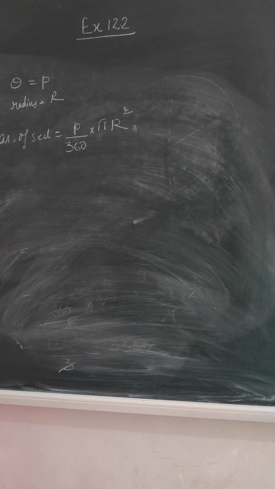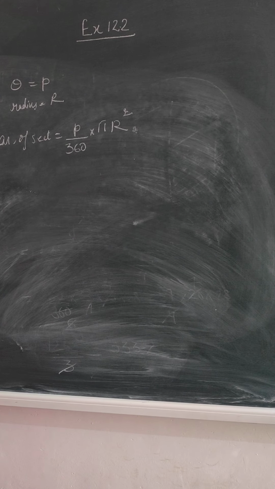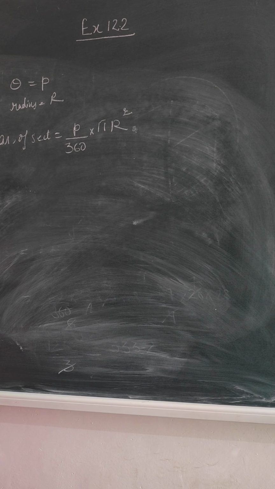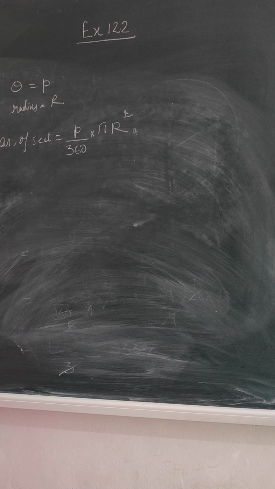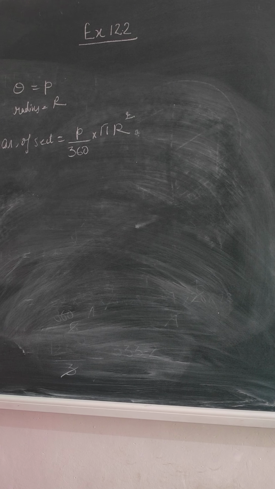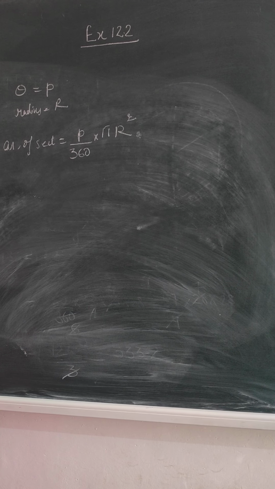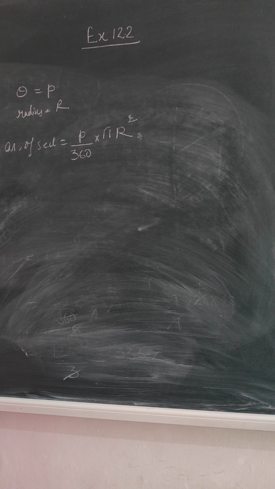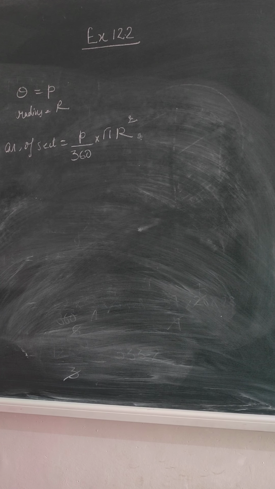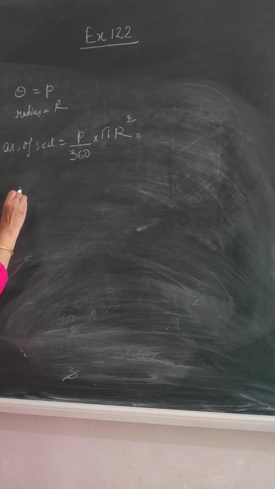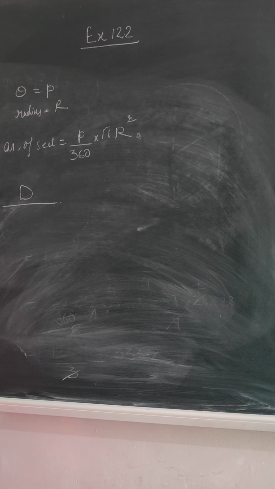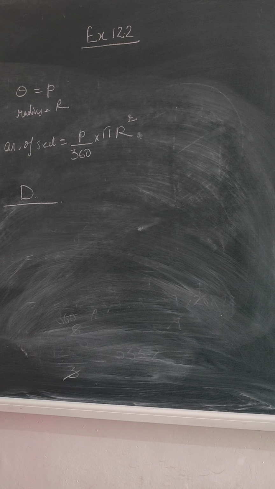Now among these options, first option 2 pi r मल्टीप्लाई हो रहा है तो ये नहीं हो सकता. सेकेंड में P by 180 है, ये ऑप्शन भी करेक्ट नहीं है. थर्ड में अगेन 2 pi r है तो ये ऑप्शन भी करेक्ट नहीं है. 4 में 2 और 720 कट हो जाता है and we get 360. So fourth option is the correct answer. So option D is the correct answer. With this we finish exercise 12.2.